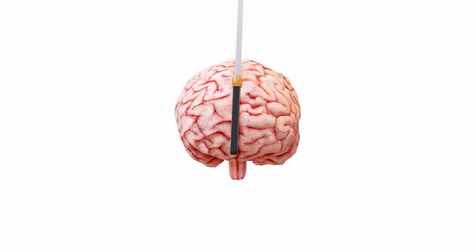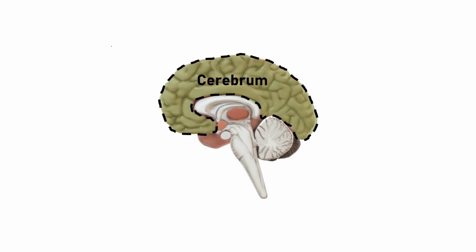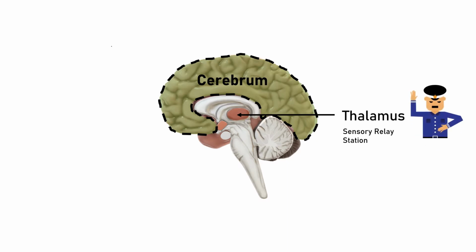If we cut our brain from this center, then this is how the inside of the brain looks. This is the cerebrum. Below the cerebrum, there is an oval shaped structure known as the thalamus. The thalamus works as a sensory relay station. It is known as the traffic police of the brain. Just as a traffic police regulates the traffic to avoid chaos, similarly the sensory information that comes from the various sensory organs of our body goes to the thalamus, and the thalamus from there redirects this sensory information to various parts of the brain for further processing.